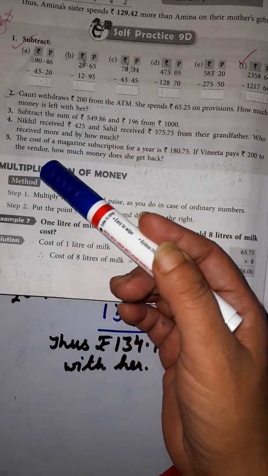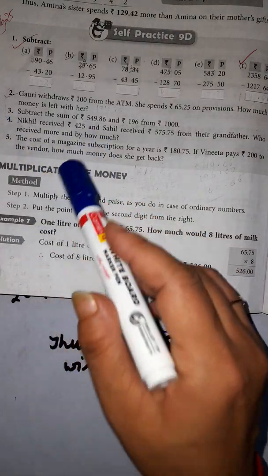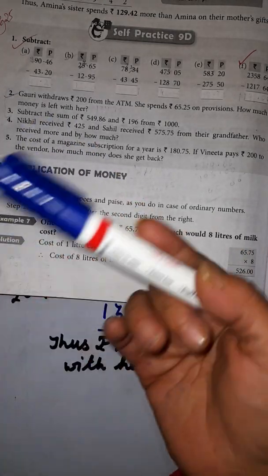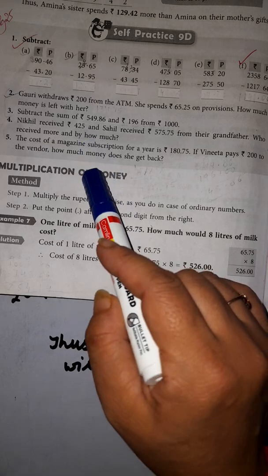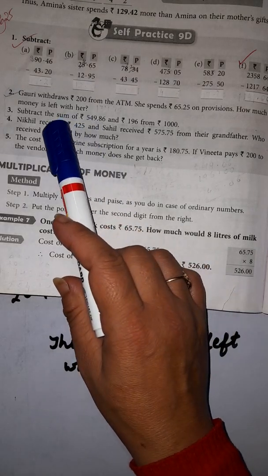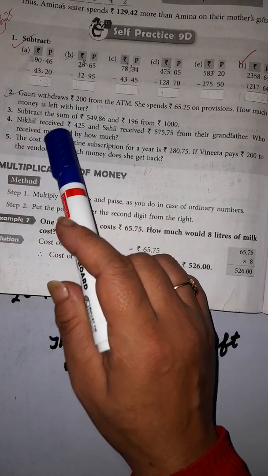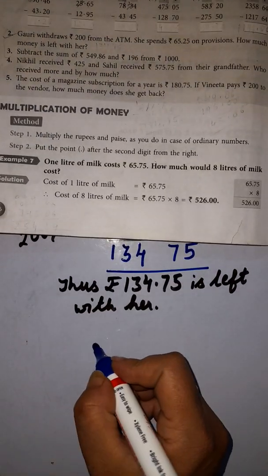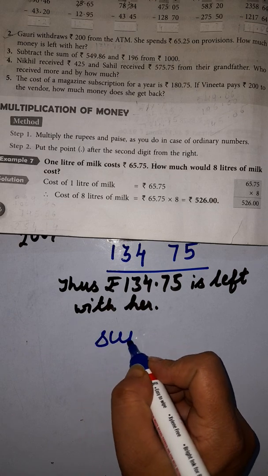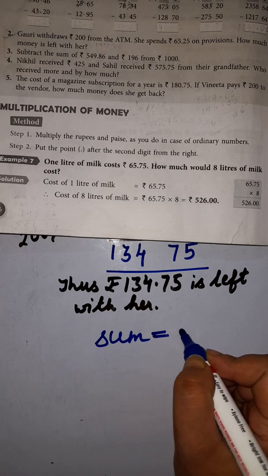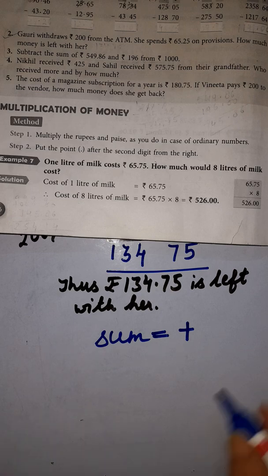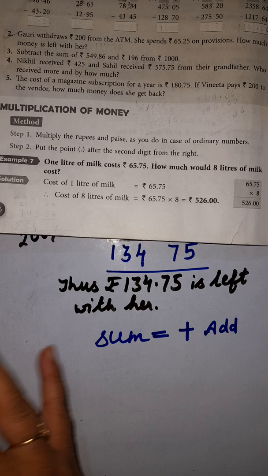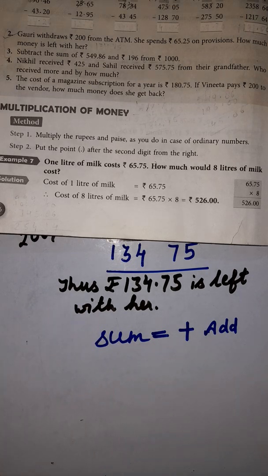We have to subtract the sum of. What is the meaning of sum of? We have to subtract here, but also to add the numbers. Because the meaning of sum, S-U-M, sum, the meaning of sum is, children, here it is written sum. So the meaning of sum is addition, plus. So we'll add first the sum of 2 numbers.